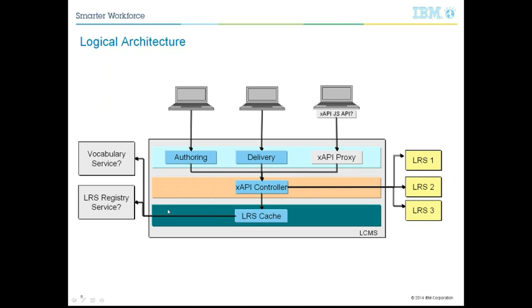So when someone uses a product like this, in this case an activity provider, that activity provider could connect to a service, retrieve a bunch of pre-mapped vocabularies, and then ask the user which one they want to use, or not even ask them at all, since those mapped vocabularies may be bound to particular LRSs. So the user of the activity provider would just need to decide which LRSs they want to communicate with.